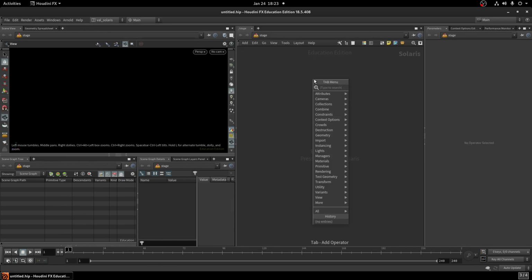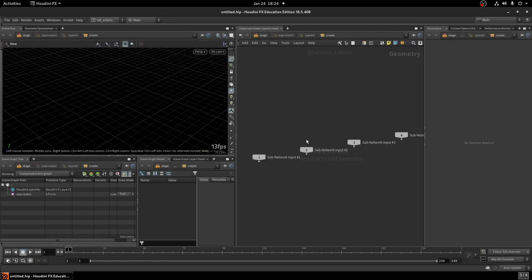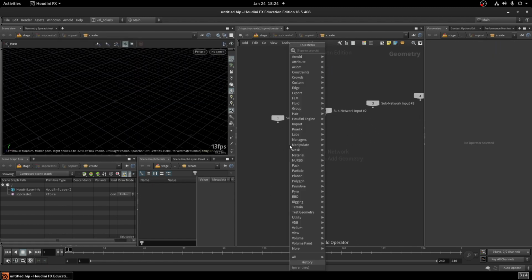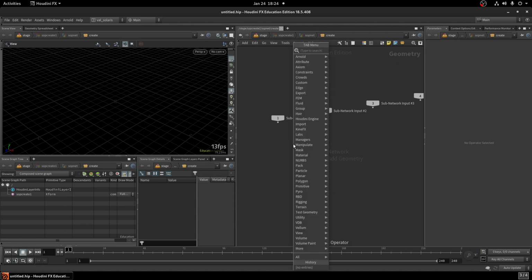What we want to do now is import the alembic that we just downloaded. So let's create a Subcreate node and let's dive inside. When you're inside a Subcreate, you're basically in a geometry node, which means you can create any SOP you want. So I'm going to create an alembic node